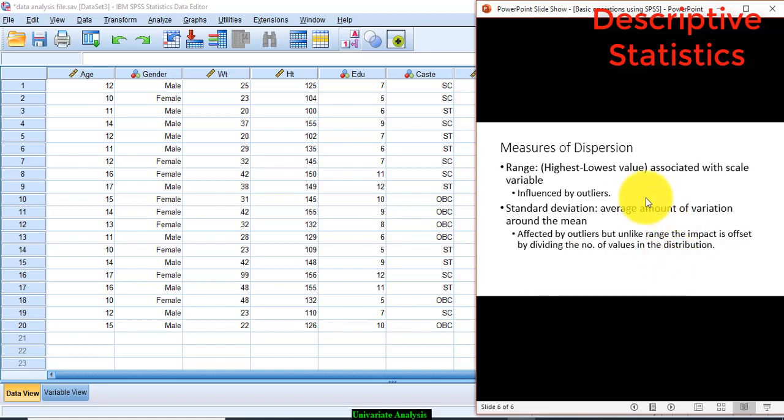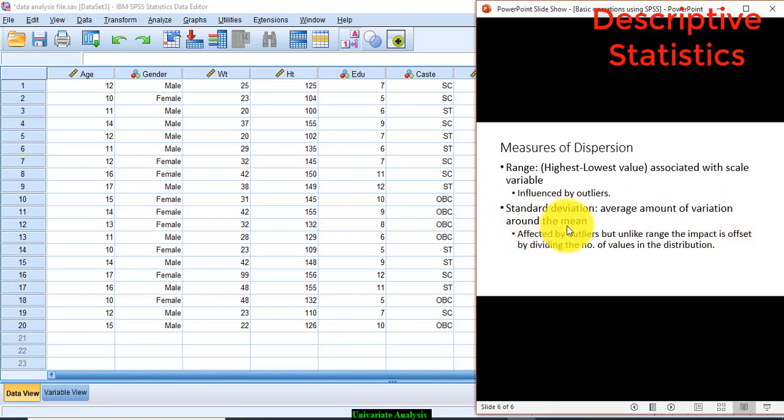The measures of dispersion, the most popular measures are range and standard deviation. Range is simply the difference between the highest and lowest values associated with any scale variable. However, range is influenced by the outliers. Another important and the best measure of dispersion is standard deviation, which is the average amount of variation around the mean.